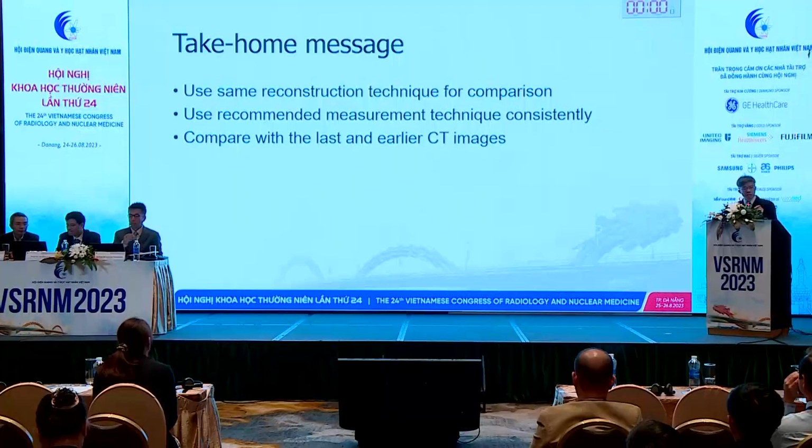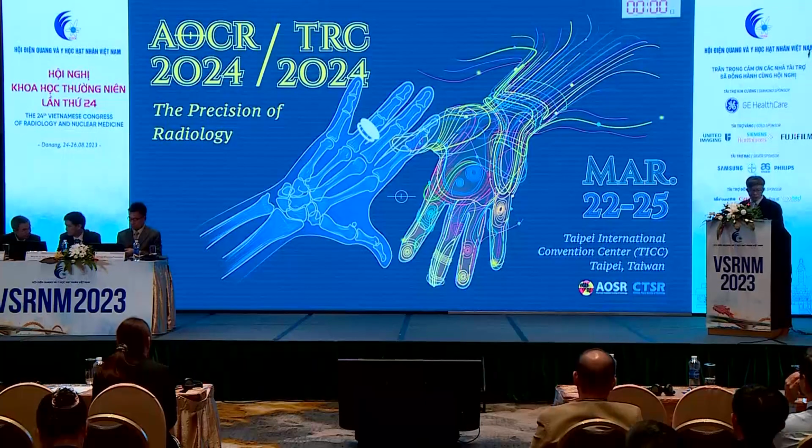So use the same reconstruction technique for comparison, use the recommended measurement technique consistently, and compare with the last and even the earliest CT available. And lastly, as CTSR is hosting